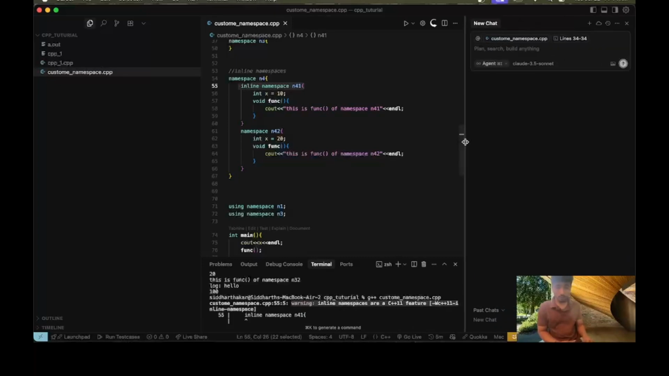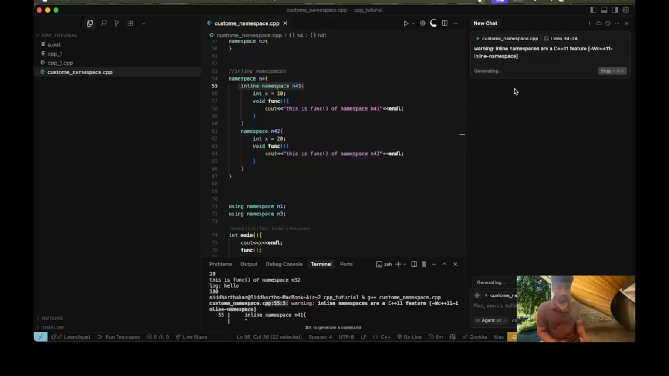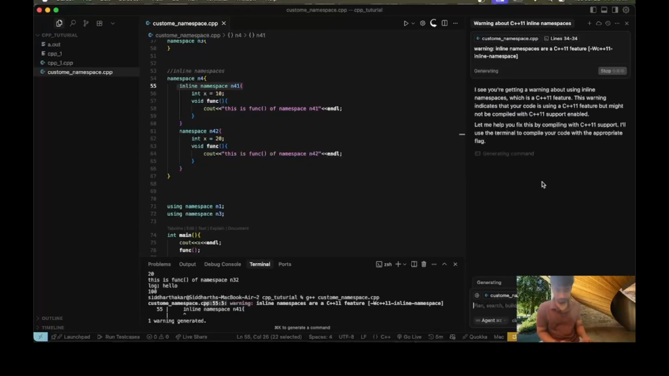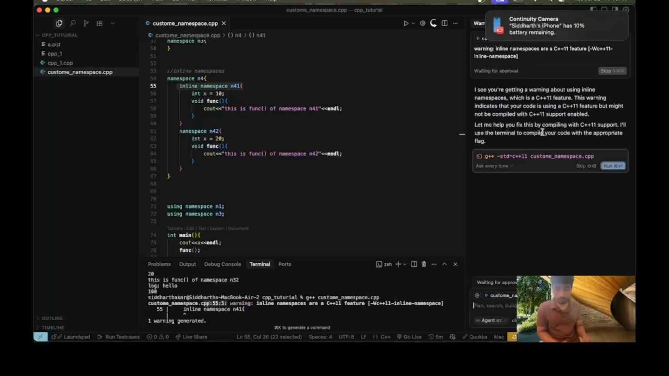If you guys don't know about Cursor, please download it, because nowadays, gone are the days when we would be searching the internet about errors. Now we can search directly in the code editor itself. So if we add this error here, it will give us a solution here only. It's saying, I see you are getting a warning about using inline namespace, which is a C++11 feature. This warning indicates that your code is using a C++11 feature but might not be compiled with C++11 support enabled. Let me help you fix this by compiling